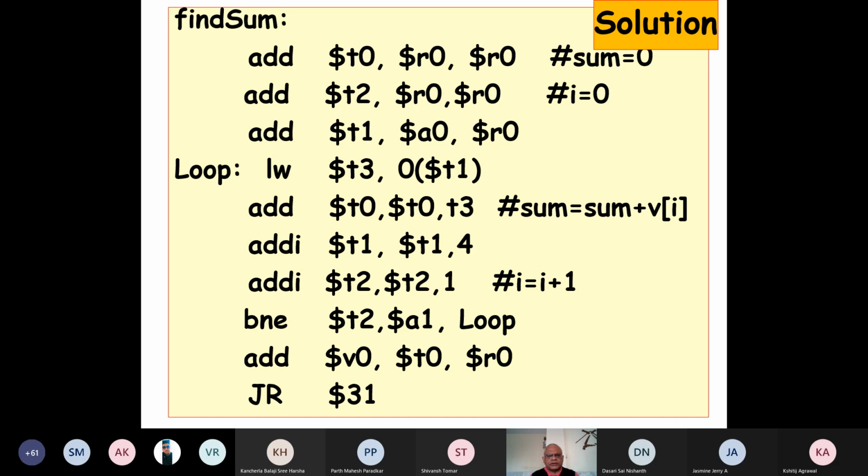So initially 0, now T2 has become 1. And T1 is the address and we have added 4. And if T2 is not equal to A1, that is, K is not reached, so as long as it is not equal to K, we jump to the loop. Keep on doing this for K times. This is the way T2 has the count 0, 1, 2, 3, 4 and up to K. So for K times, we jump to the loop.